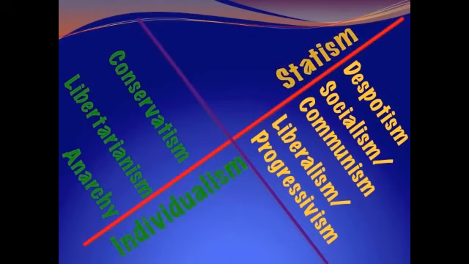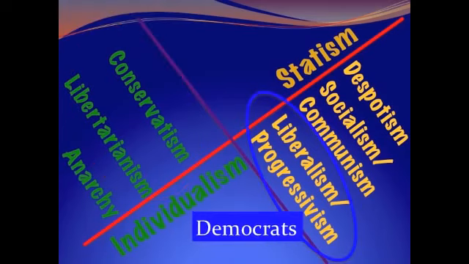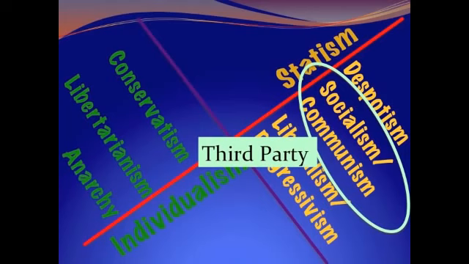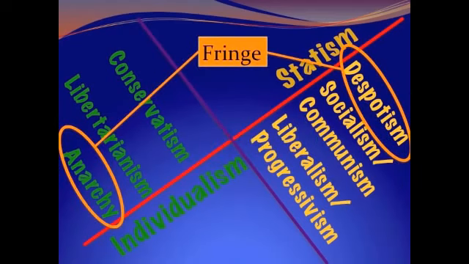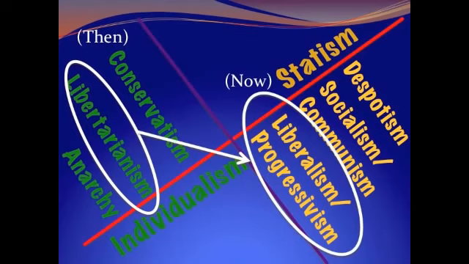You probably figured this out already, but just in case you haven't, Republicans typically reside somewhere around libertarianism and conservatism. Democrats typically reside somewhere around liberalism and sometimes into socialism and communism. These guys are usually third party, like Green Party or Occupy Wall Street types, and these guys are fringe with very few subscribers, at least in America. America started out in its founding in the libertarian zone, and over the years has slowly worked its way over to, I'd say, moderate liberalism / progressivism.